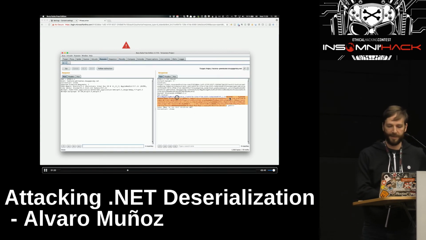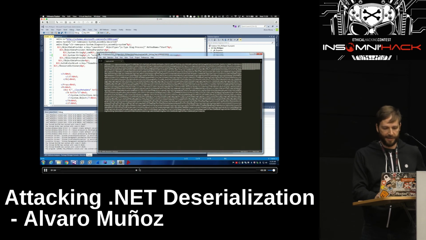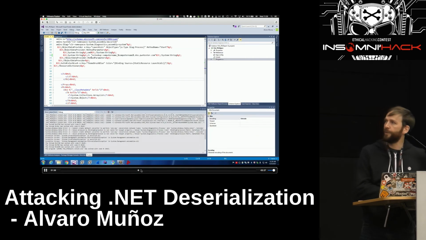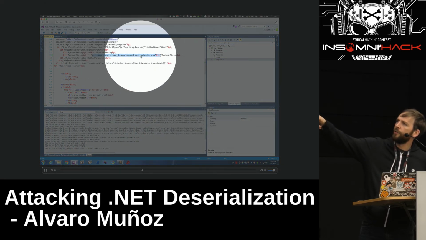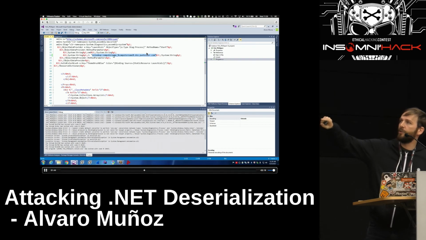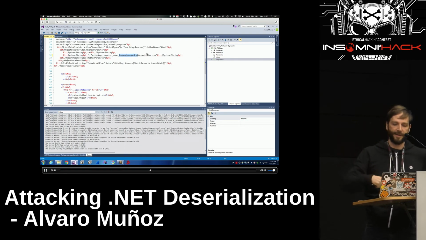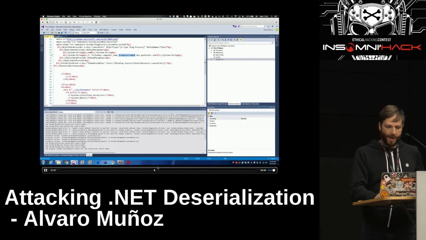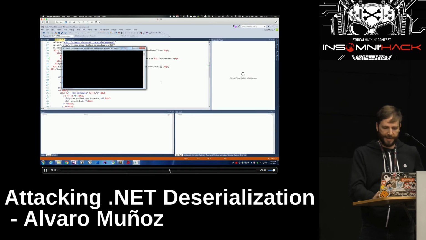Specifically, it's using BinaryFormatter. At that time, I hadn't written YSoSerial.NET, so I used my own gadget generator at this point. And what I'm going to execute is an nslookup to my own DNS server, and I'm going to exfiltrate the value of the computer name variable to prove to Microsoft that I was executing that on their servers and not on the intranet servers. That takes a while because the VM was very slow that day. If I try that locally, I will get a connection